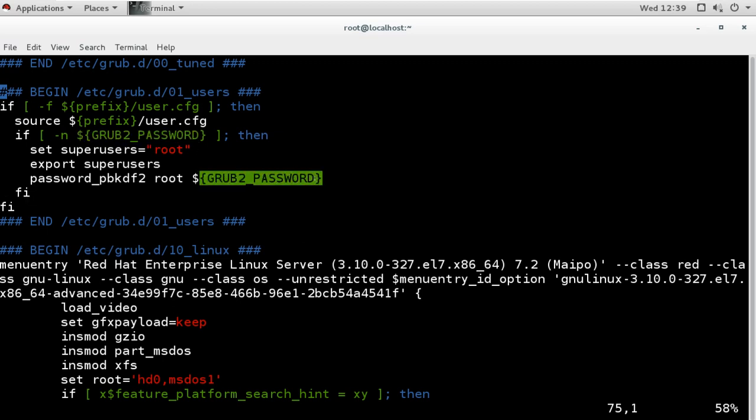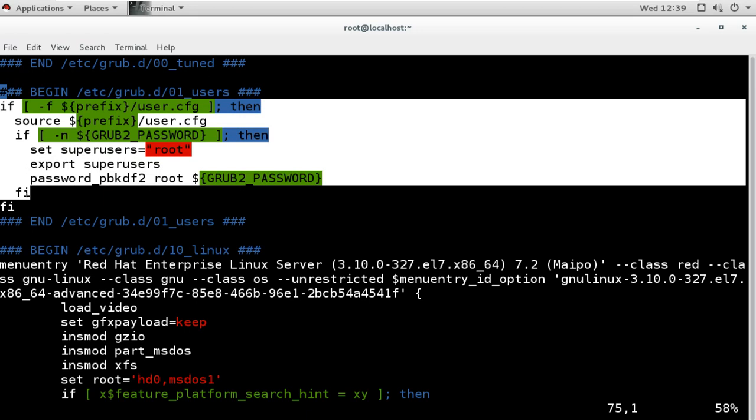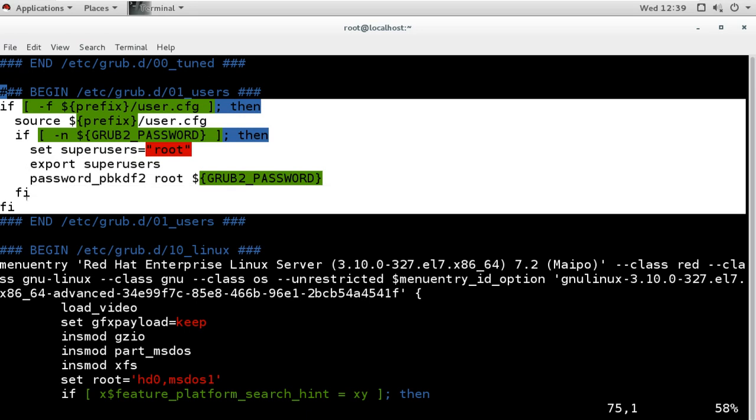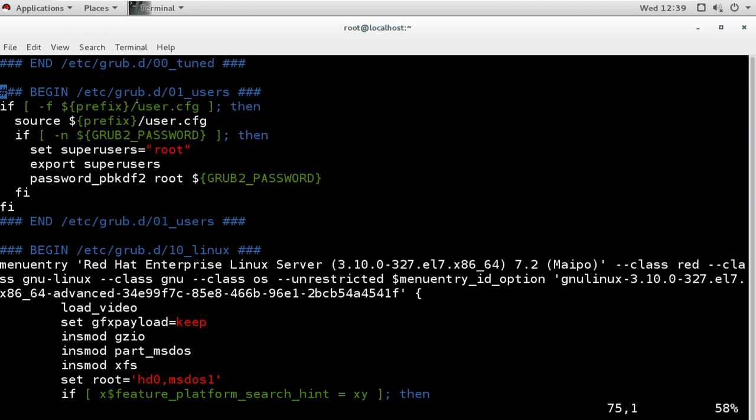So basically we don't change the main configuration file. The main configuration file already has the configuration for using the password from this file. It already has the configuration to use the file for the password. So when we use a command, it will just create the file with the password. Let me show you that.